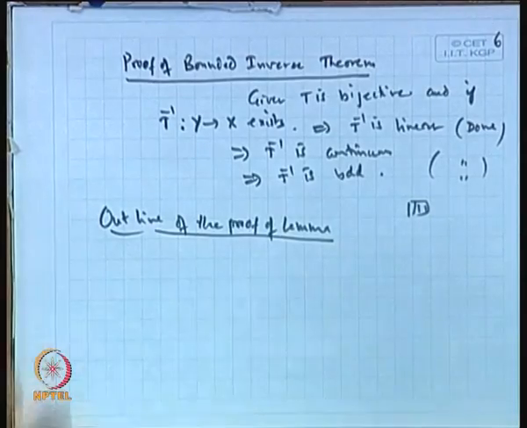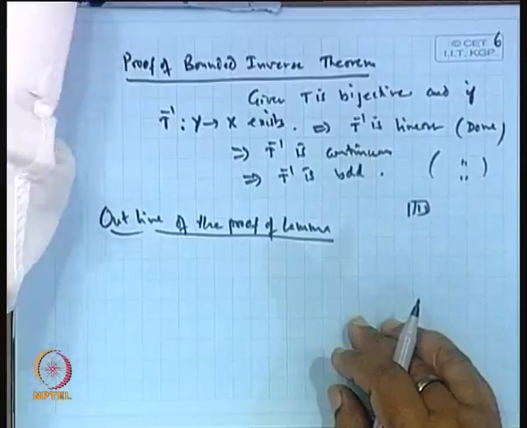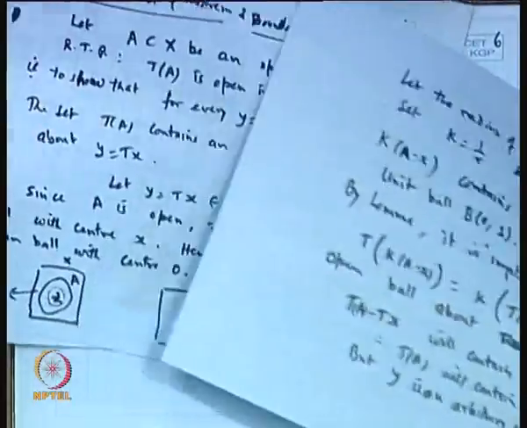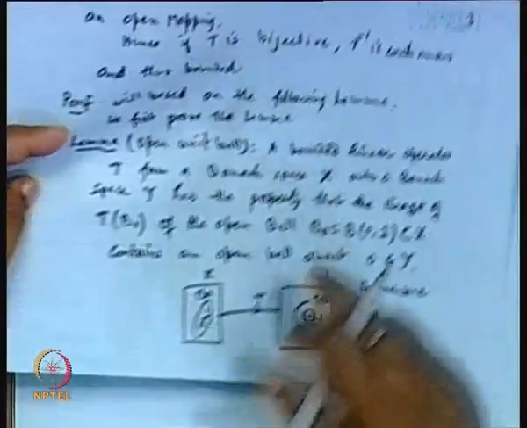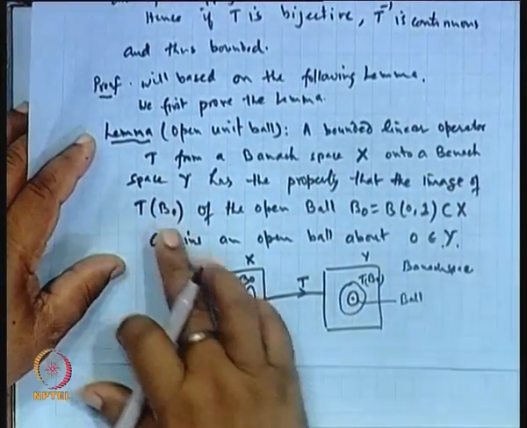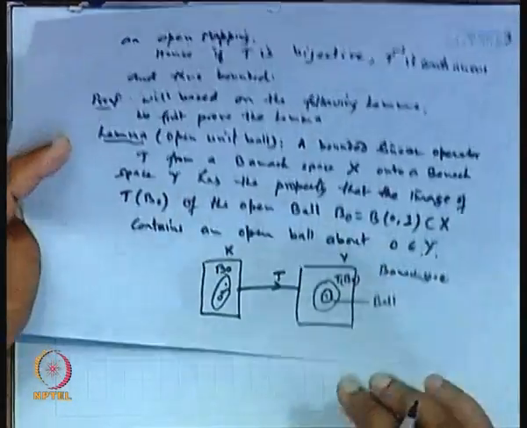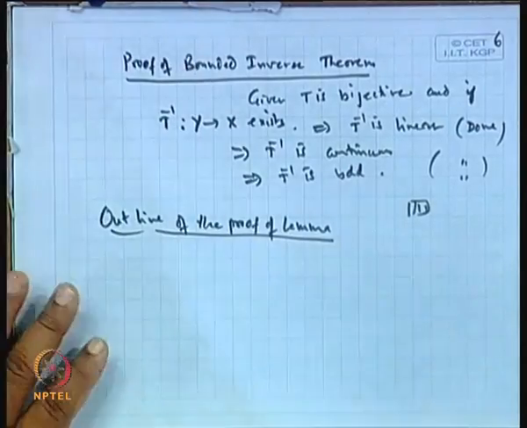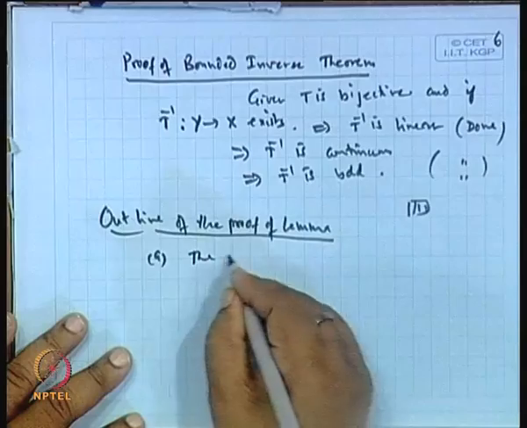So, what we wanted to prove in the lemma is that a bounded linear operator T from a Banach space X onto a Banach space Y has the property that the image of an open set contains an open ball about 0. This we wanted to prove. So, this we will prove in 3 steps. First step is we will prove the closure